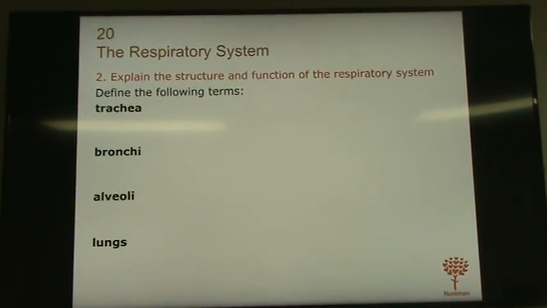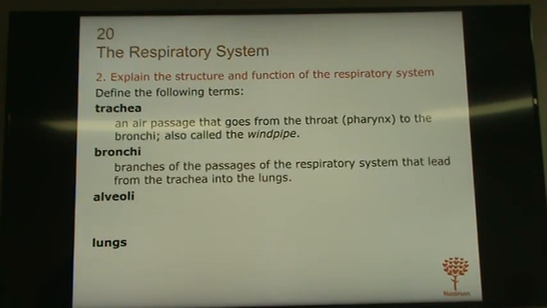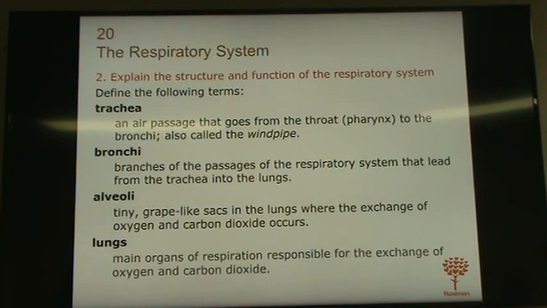Alright, so welcome to the 9A chapter 20, respiratory system. As usual, we start from section 2. Respiratory system,